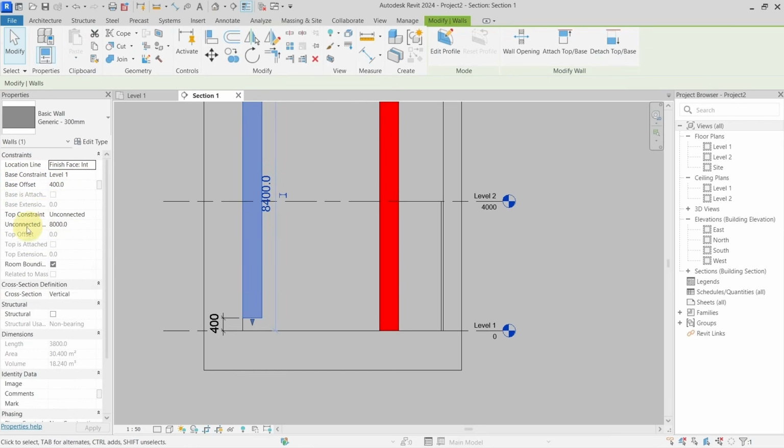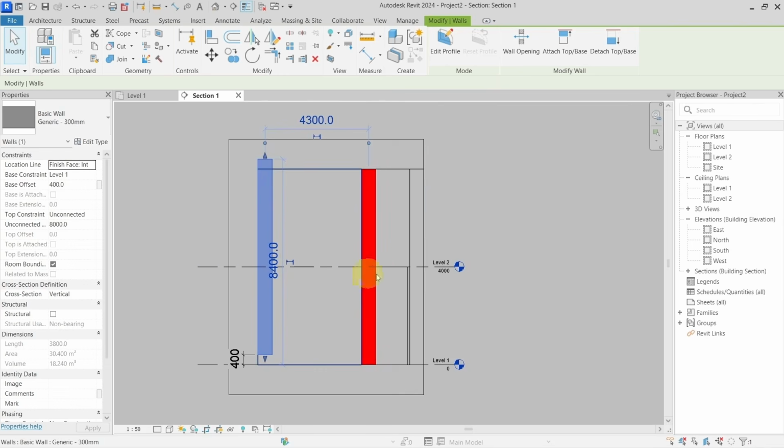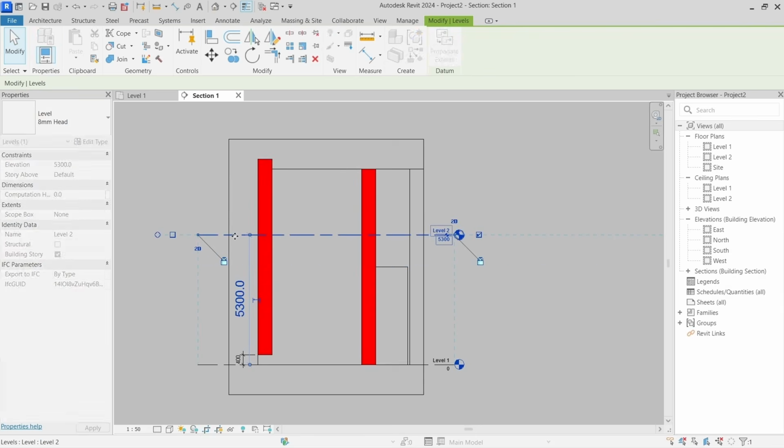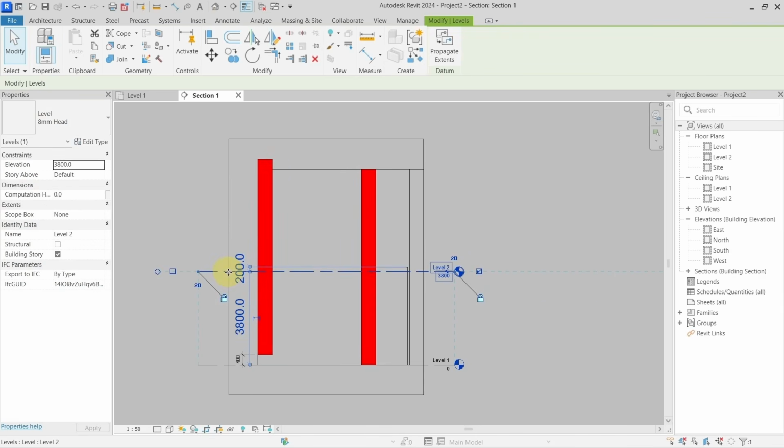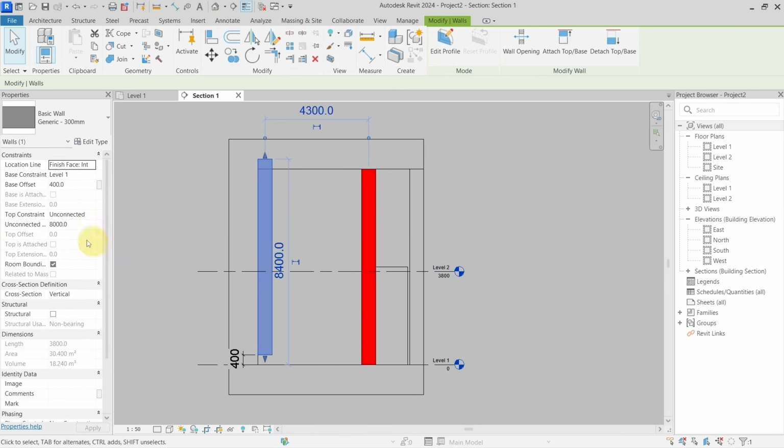Then there is a top constraint and top offset, which is now grayed out, and the unconnected height. If the top constraint is selected as unconnected, it doesn't have any relation to any other elements, which can be, in this example, levels. So it doesn't have a relationship to this level. So whatever I do with this level, you can see that it is not affecting the top of my wall because it is unconnected. But if I now select this and connect it to the level, so I will tell it to be up to level 2